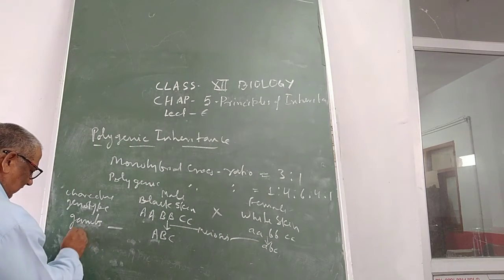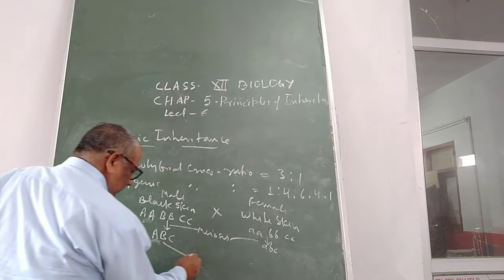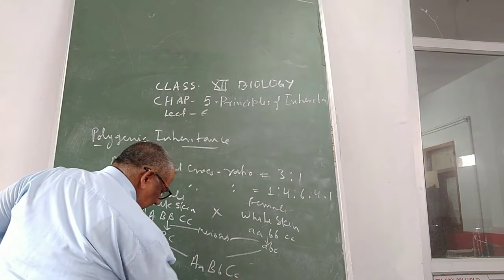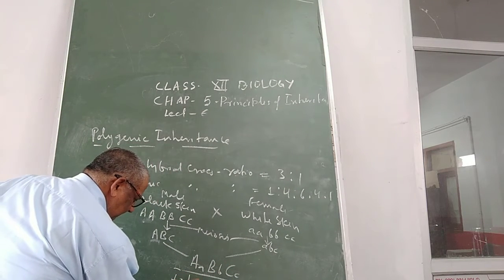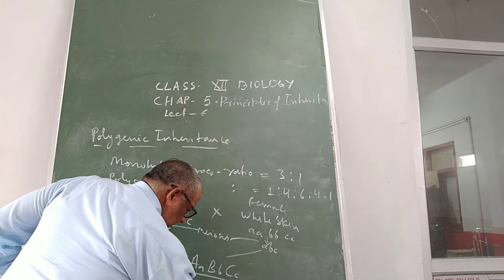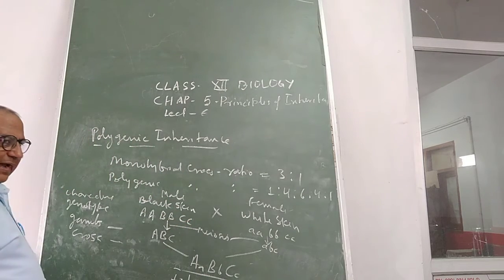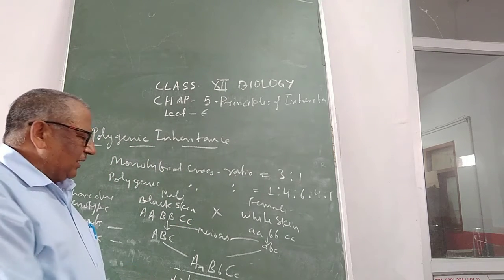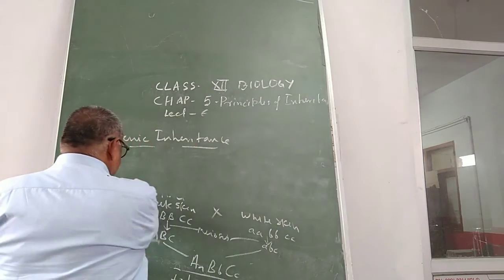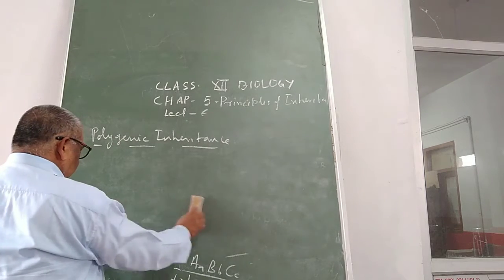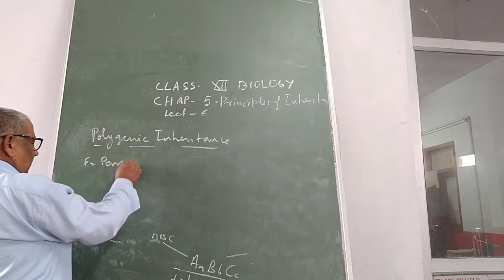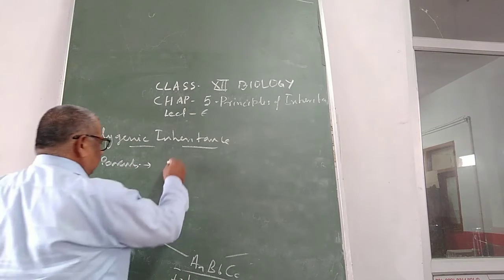Now these gametes are made with a cross. When the cross is made, an individual will come out, and this is the intermediate. The intermediate is neither black nor white. This type of individual will be produced. Now the problem arises. If we make a cross between two intermediates, we will take them as equivalent.